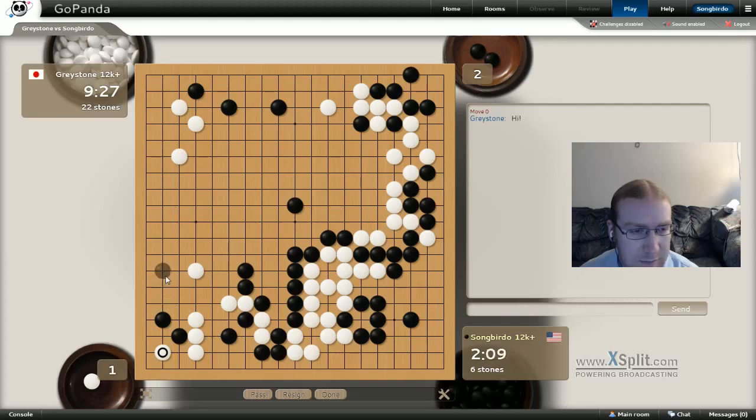Interesting. This goes to that, and then I can... So I might have just given him all this corner. Let's see, this to that. What do I do? This. He blocks, and then I jump out, and then he goes here. I do that. Because...